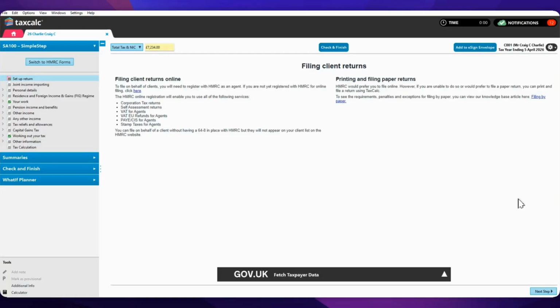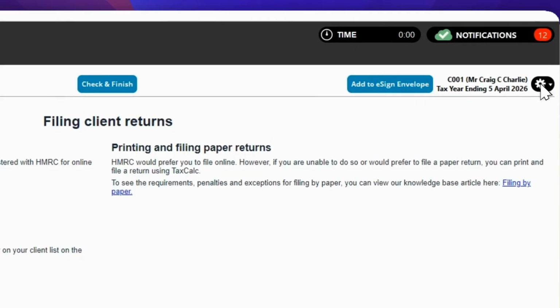As we're at the start of a new tax year, it may be worthwhile seeing a really nifty feature that TaxCalc has within it. So I may be working on Craig Charlie's 2026 tax return that I've got open up here, but Craig may have joint income with another individual of which I act for in my accounting practice. So what I'm able to do is to click this cog in the top right hand corner of TaxCalc and